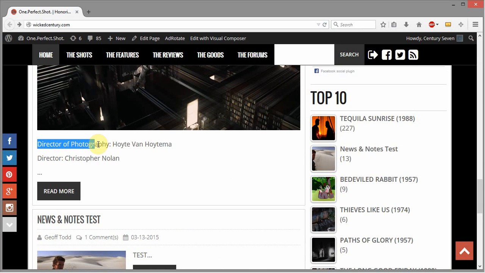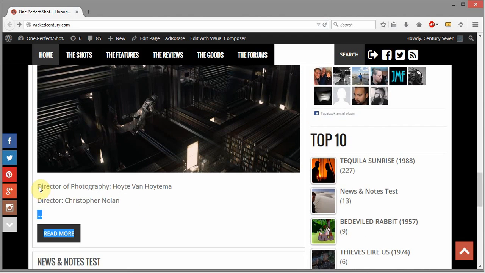that right here, notice Director of Photography and Director Christopher Nolan are on separate lines. If we use the default function, then these don't keep their separate lines, they just bunch them together into one line. So what we've done is we changed the excerpt so that it preserves